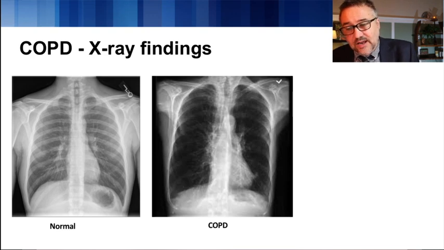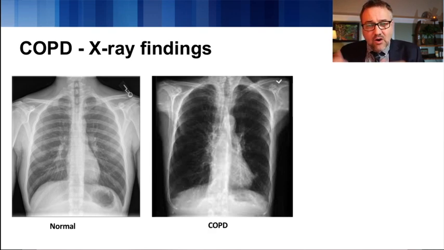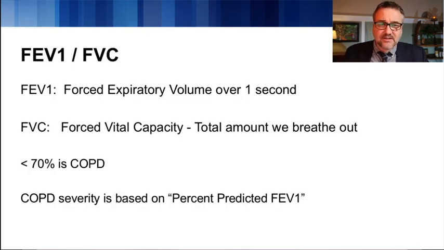Here on an X-ray, you'll see a normal person without COPD who has this nice arched diaphragm, and that whole arch can be used to breathe by flattening the diaphragm. And then here in COPD, we see a loss of that arching. We also see much darker lungs, which has to do with air trapping, and just larger, big lungs in general. It's pretty easy to see this on an X-ray, especially with more severe disease.